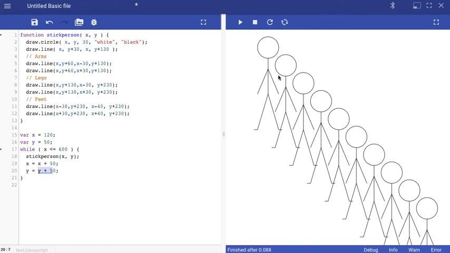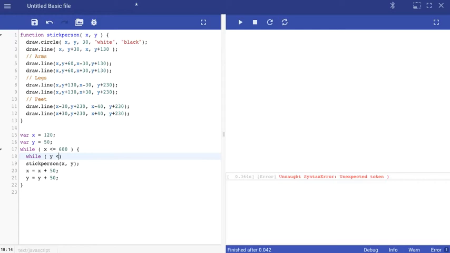And so that's why we're getting this. Because we draw one stick person, we increase x, we increase y. Draw one stick person, increase x, increase y. Well, that hasn't quite worked out. Maybe we can do like we did with the for loop. We can put a while loop inside the while loop. And sure enough, we can say while y is less than, or let's stick with using less than or equals,